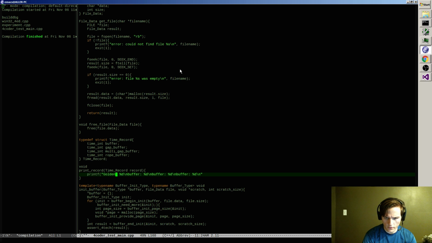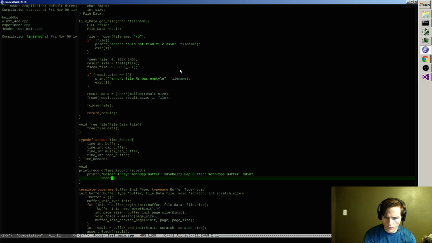We'll call this golden array, gap buffer, multi-gap buffer, and the rope buffer. And I'll pop them in one at a time: gap buffer, multi-gap buffer, and rope buffer.